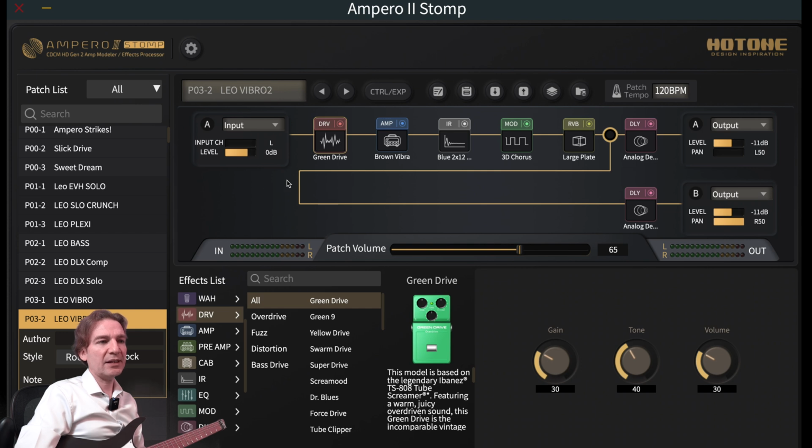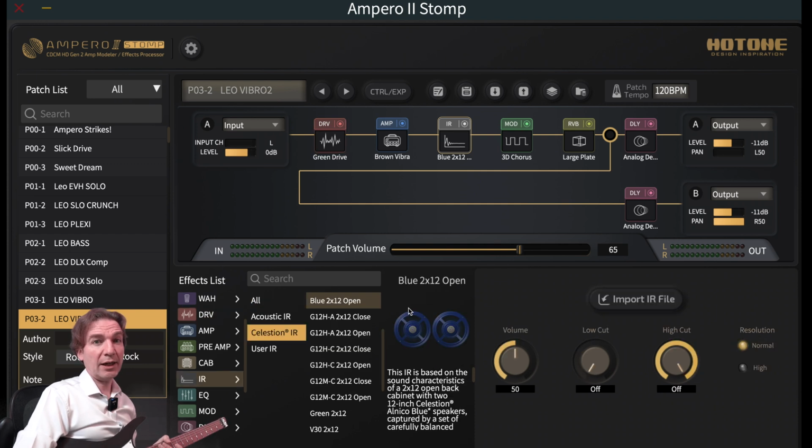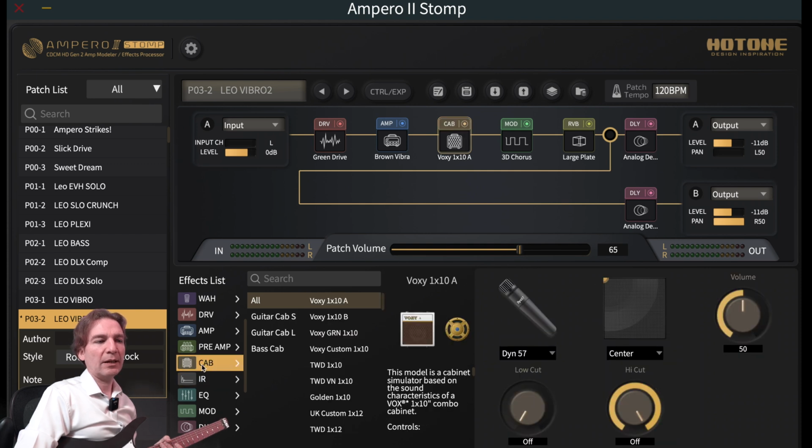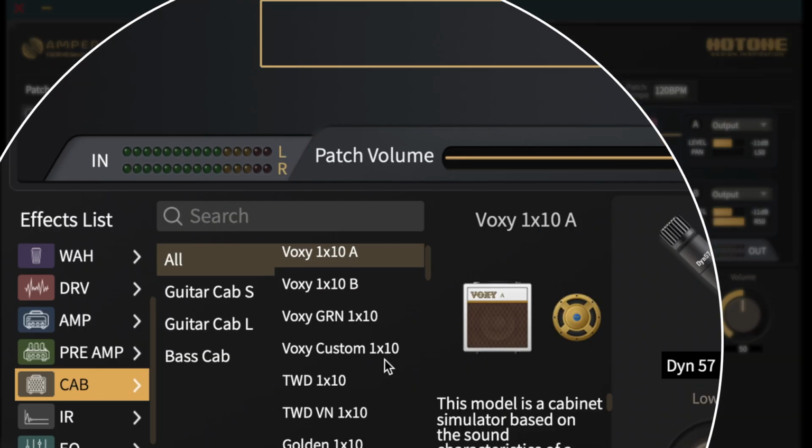Let's go back to my signal chain, and I want to show you one thing that is different from the old Ampero. Here I'm using a Celestion IR, which is not available in the old Ampero. I can use my IRs, or I can use the, I would say, stock cabs. For instance, here I have the stock cabs,